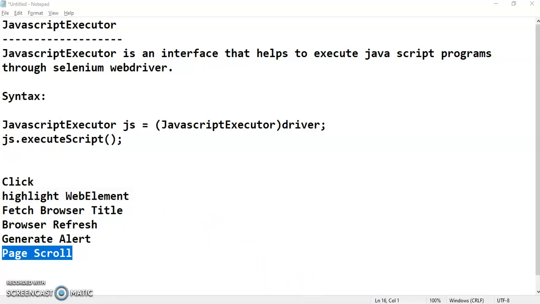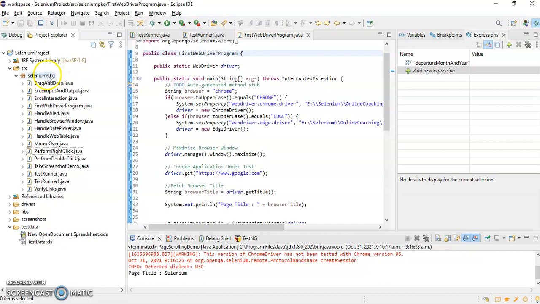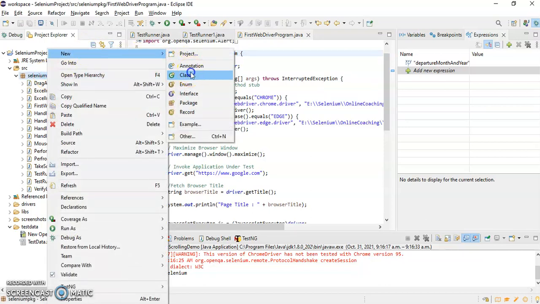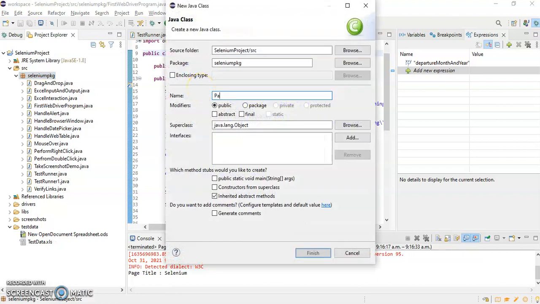So what I can do is I will go to Eclipse and I will create a new class in the Selenium package and I will name it as page scrolling demo.